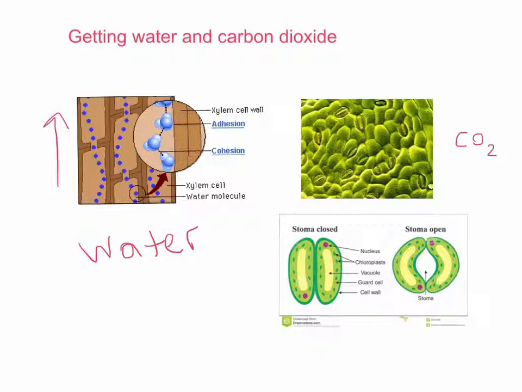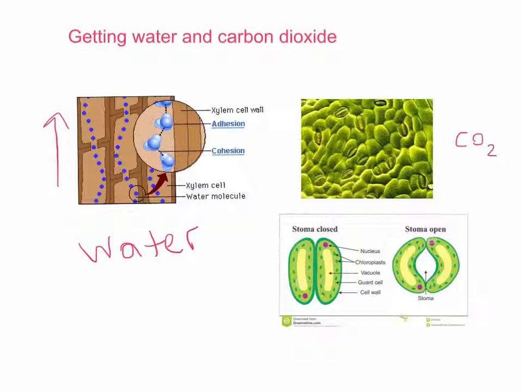Okay, and we kind of talked about this a little bit earlier in the year, but due to adhesion and cohesion, the water kind of just goes up and gets pulled up and goes right from the ground all the way up to the leaves and into the cells of the leaves, and then can be used for photosynthesis. Okay, so the water goes up through xylem. The carbon dioxide, though, that obviously comes in the air, and this picture here shows kind of the structure on